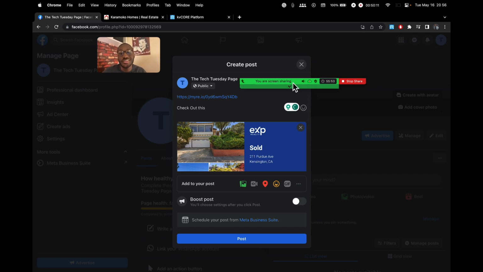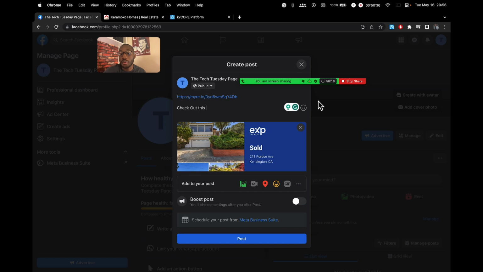And it doesn't have to be your listing. It could be another agent in your office. And of course, you can maybe send them a quick email and let them know, hey, is it okay if I share the listing that you just sold on this street and this city to my audience? And if they're okay with it, just go ahead and do everything I just did right now and share the post and build engagement around that property.